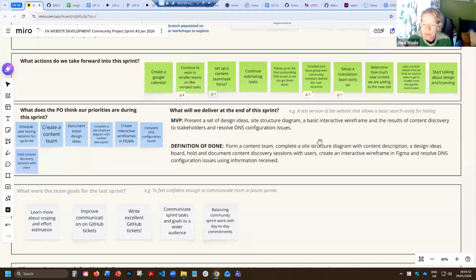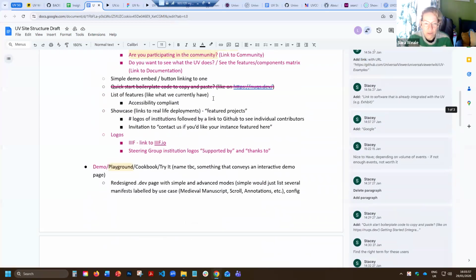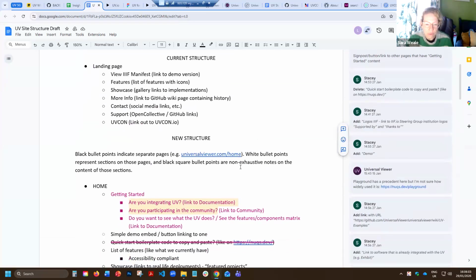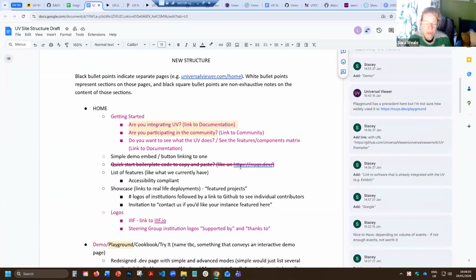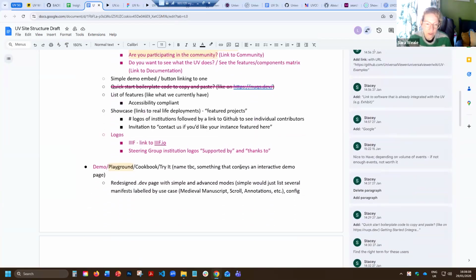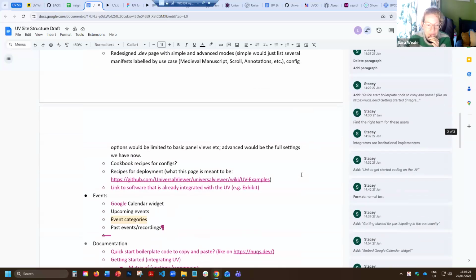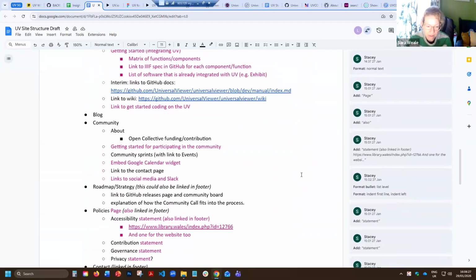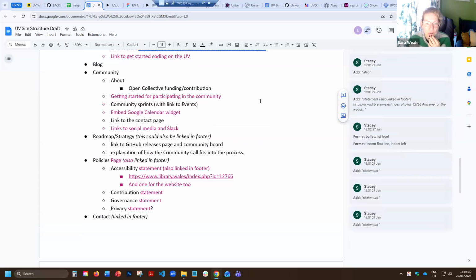And the next task we had was to complete a site structure diagram. So we started off looking at the current structure, and then we worked through a potential new structure. This was then developed over the course of the sprint using the feedback we'd had from our user sessions. I'll ask Stacey to talk about that in a minute. But I think we managed to get to a point where we're fairly happy with what we have, at least to start with. So this obviously then informed our